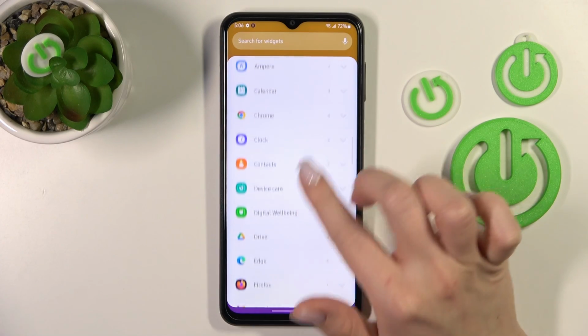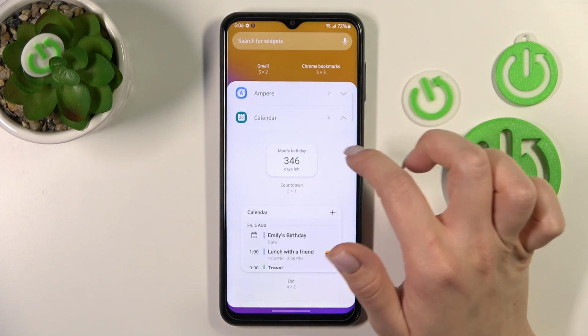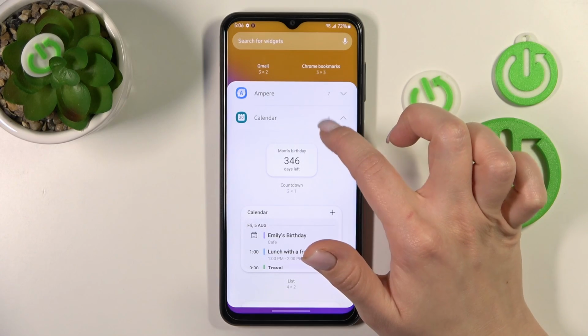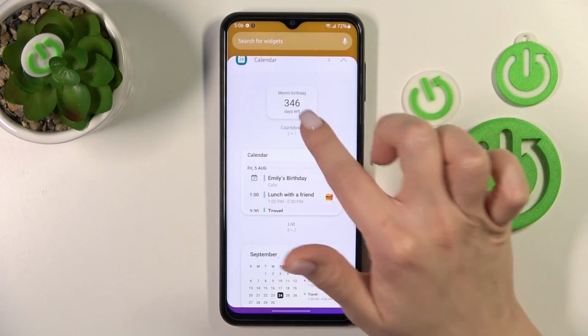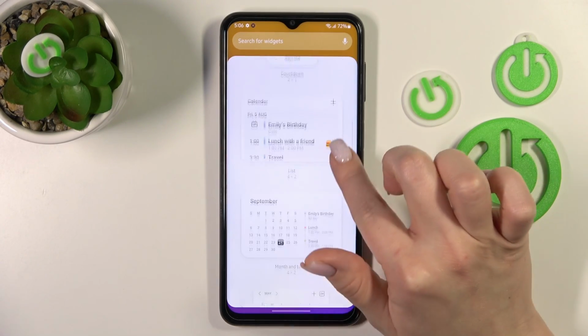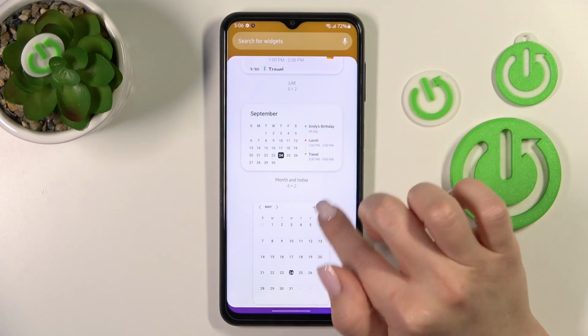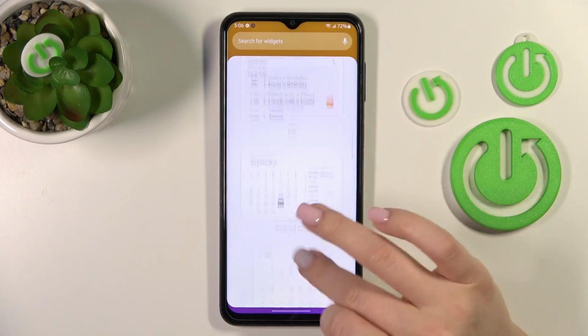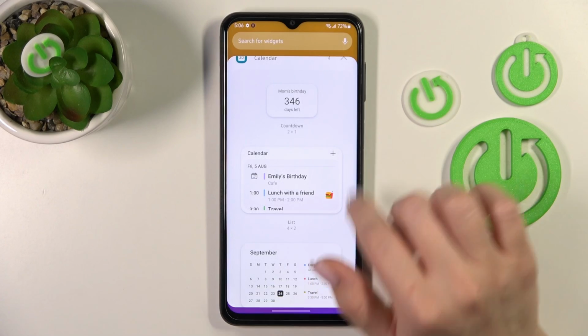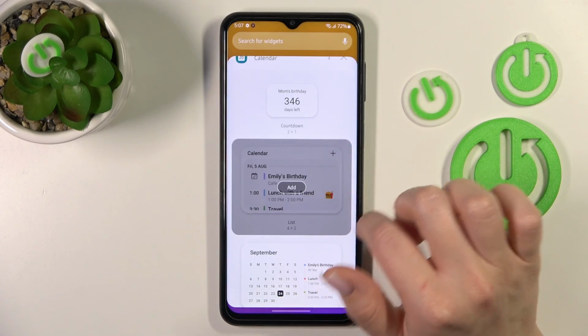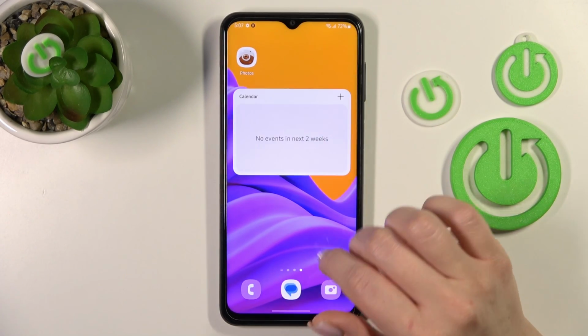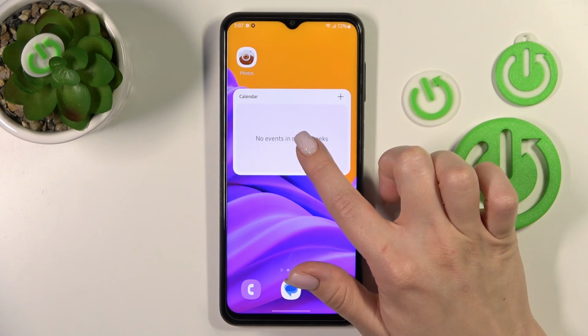Or for example, let's use the Chrome or the calendar widget. Here we can see that we have 4 different types of widgets: the list, the month, day and today, and the full month view. For example, let's use the list. You should click on the widget and tap to add, and now we can see that this widget was added successfully